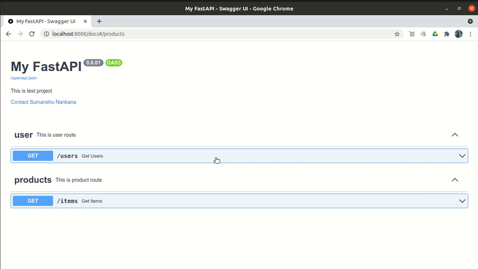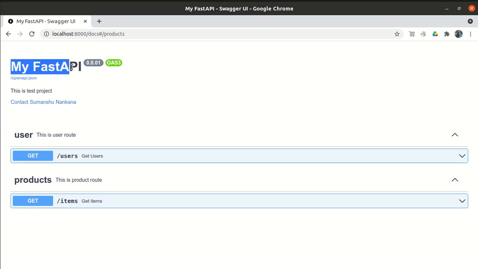Okay, so this is basically the continuation of the FastAPI series. In the last video, we saw a very basic structure of FastAPI: how to create a basic FastAPI app, how to start it, and how to set the metadata information.